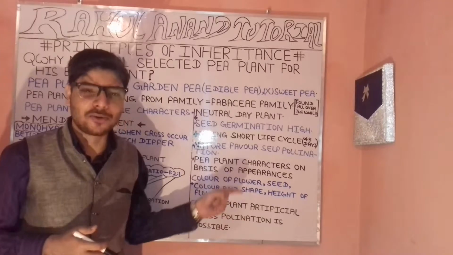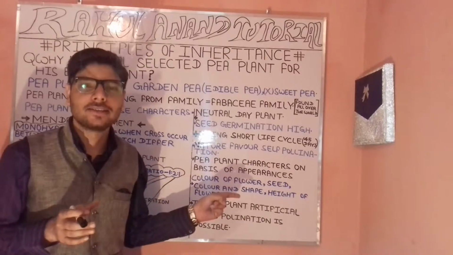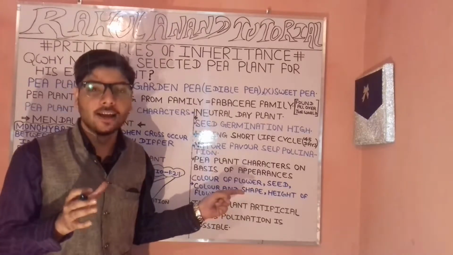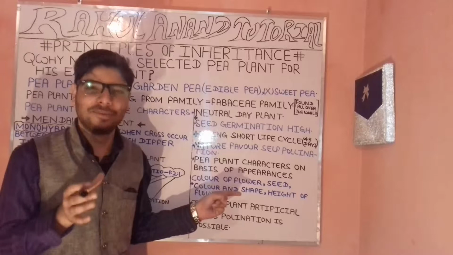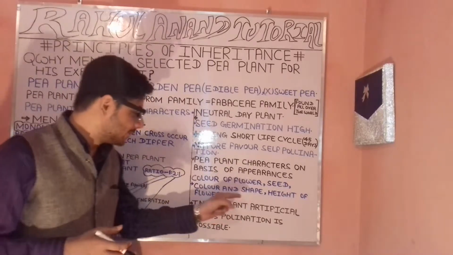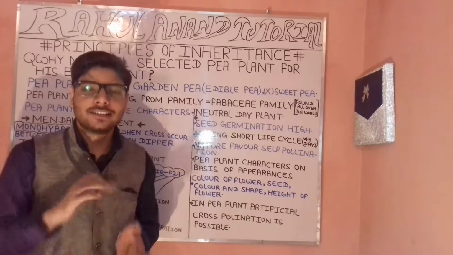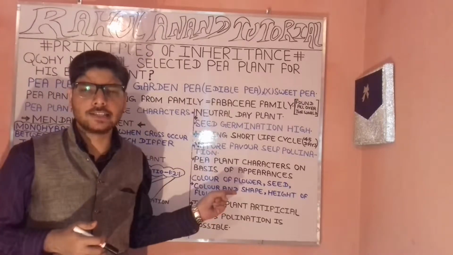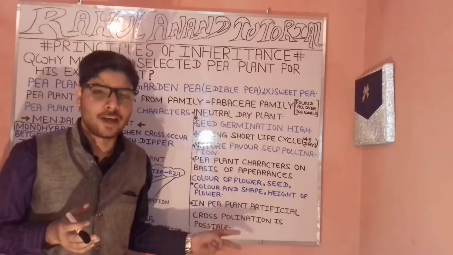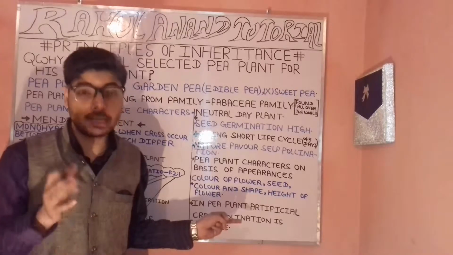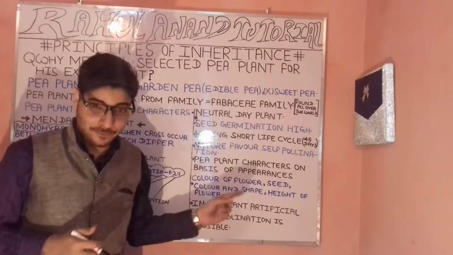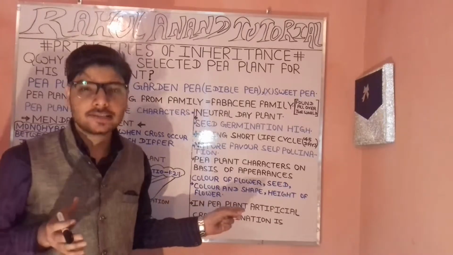Now let's discover the characteristics, on the basis of appearance, that played an important role in Mendel's choice of the pea plant. These are the color of flower, the shape of flower, the size of flower, and the seed germinating qualities. When we talk about cross-pollination in the pea plant, it will favor cross-pollination, but the case is quite different.